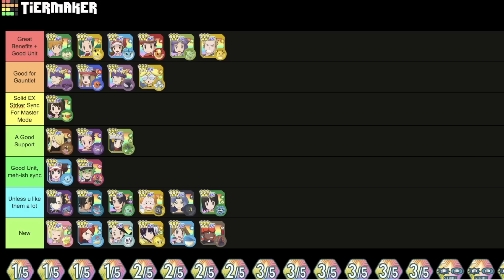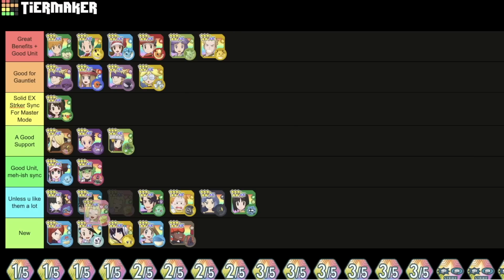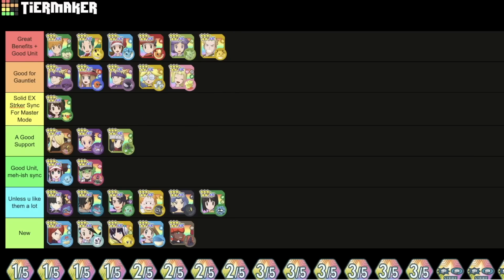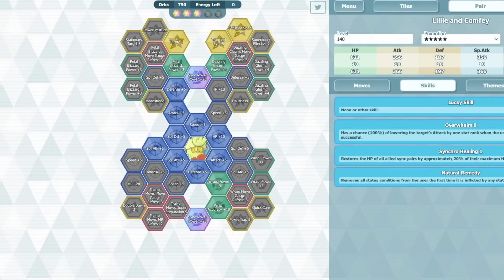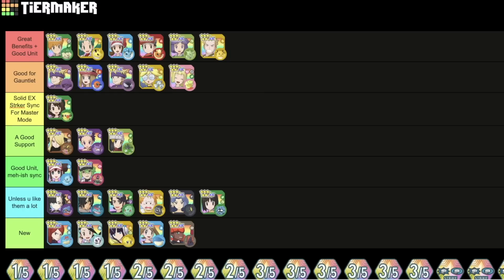Pretty bad Master Mode unit, but pretty solid for Gauntlet because she does have Synchro Healing in her passive, right? On top of just, it's a good Gauntlet unit with all the other stuff it does. Its sync is actually not great, right? It's not like a great tech EX nuke. It's actually kind of mediocre, honestly. But all things considered,